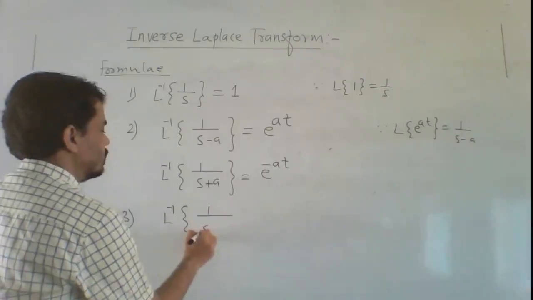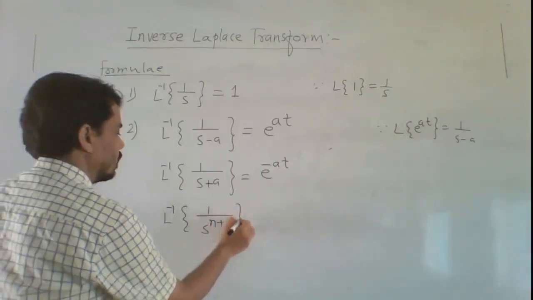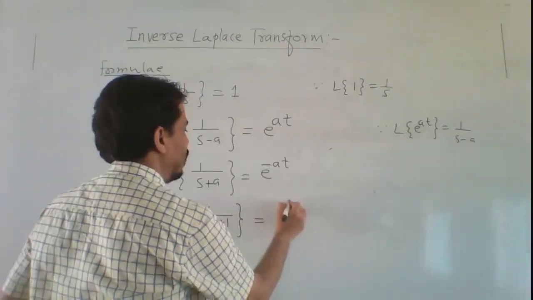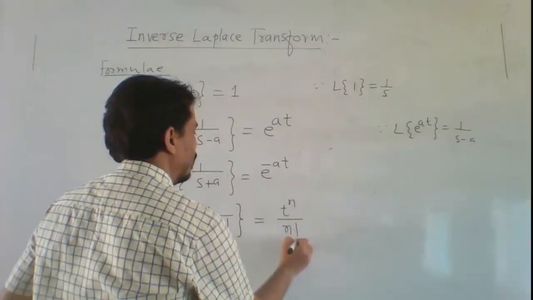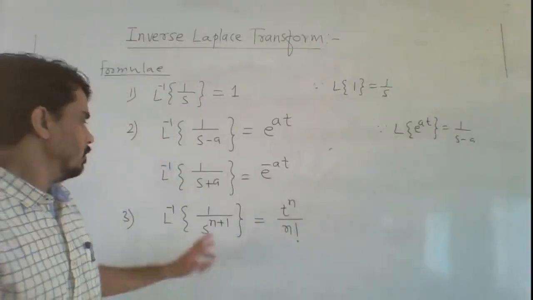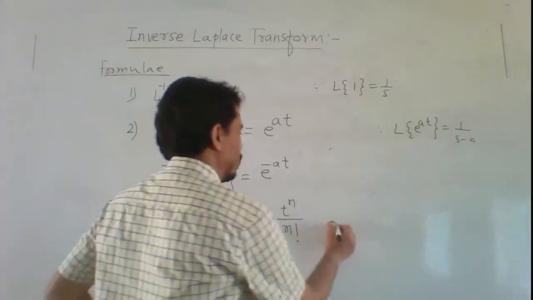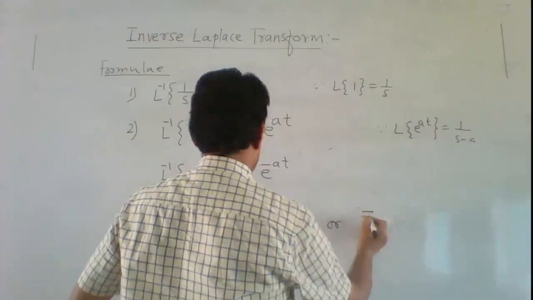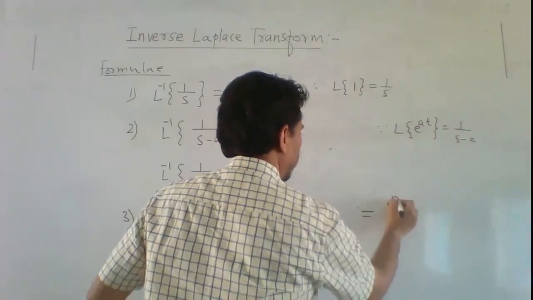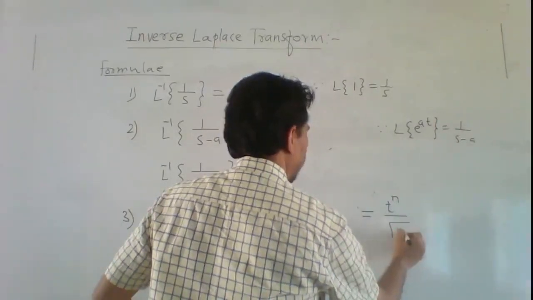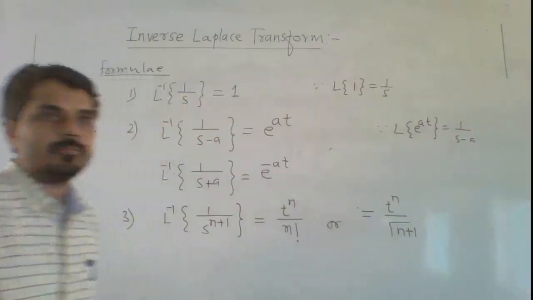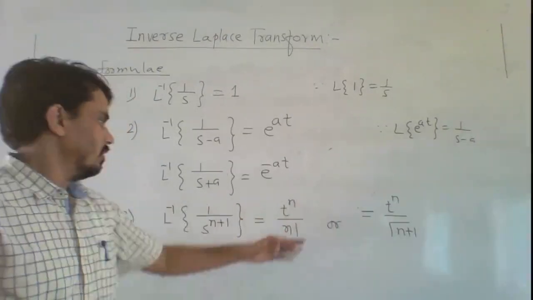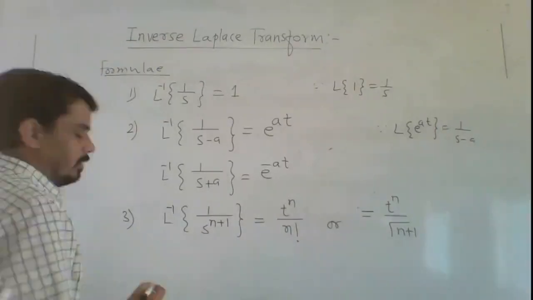Next is L inverse of 1 upon s raised to the power n plus 1. It is equal to t raised to the power n divided by n factorial, or it is equal to t raised to the power n divided by gamma n plus 1, where n is not an integer, you use that formula. Next is